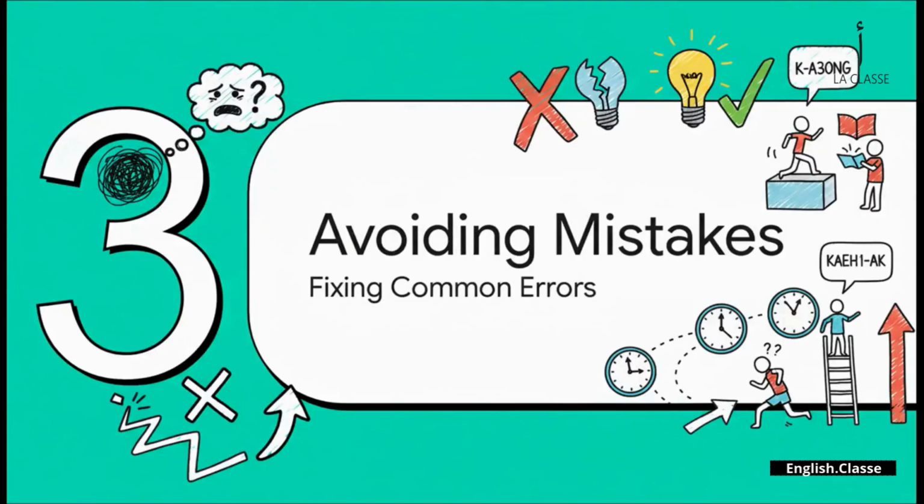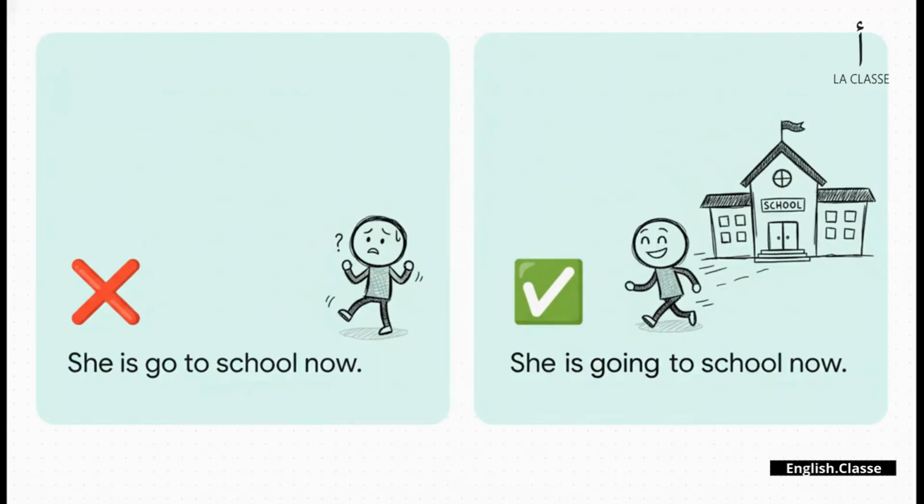All right, next up, let's talk about avoiding some common mistakes. And listen, everyone makes mistakes when they're learning something new. It's totally okay. But let's look at a couple of common trip-ups so you can spot them and fix them. Okay, here's a big one I see all the time. She is go. It's so easy to remember the is, but then forget that second crucial ingredient, right? You always need that ing on the main verb to make it work, so it has to be she is